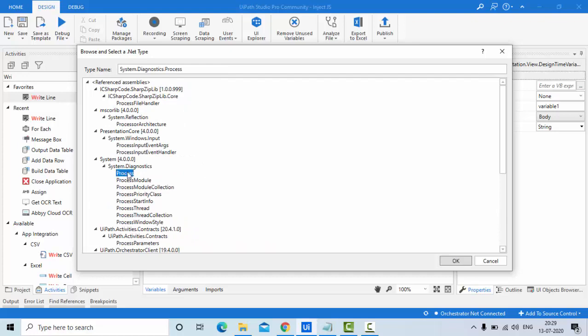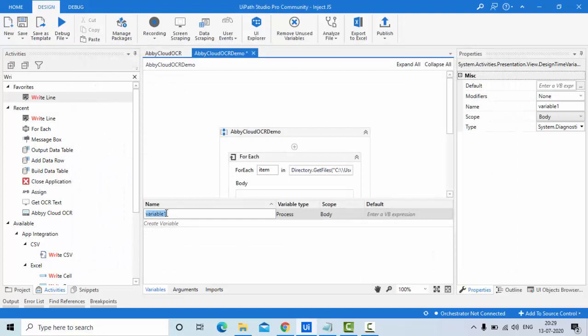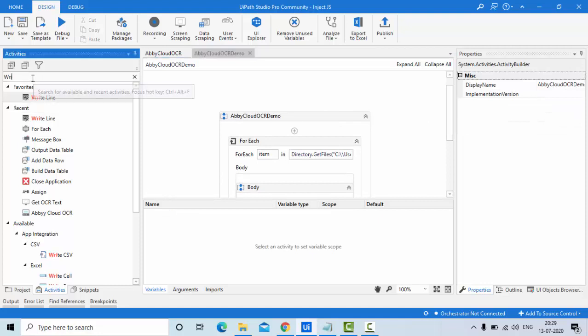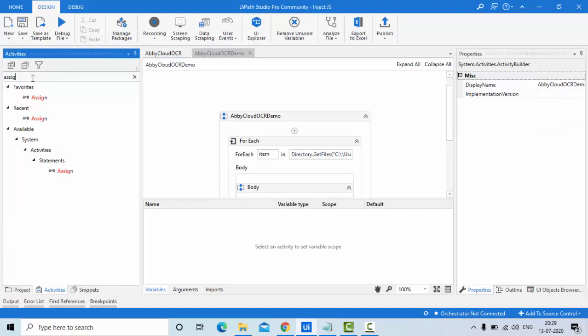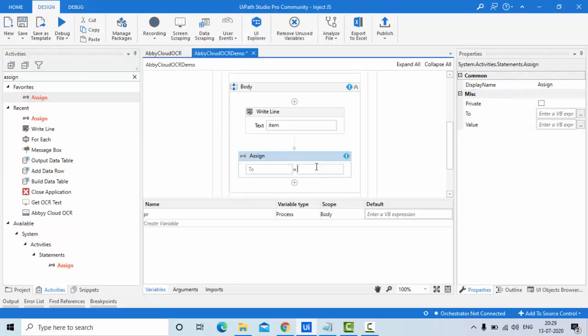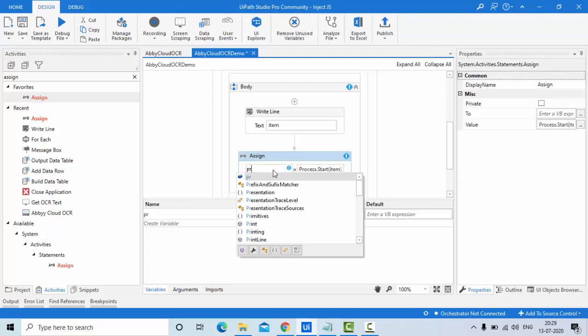System.Diagnostics.Process is my variable type, and let me name it PR. Then take an Assign activity, and inside it, PR = Process.Start of item, and I am going to pass item.